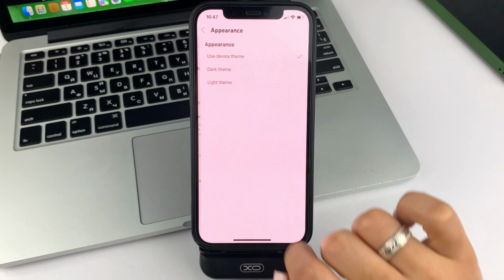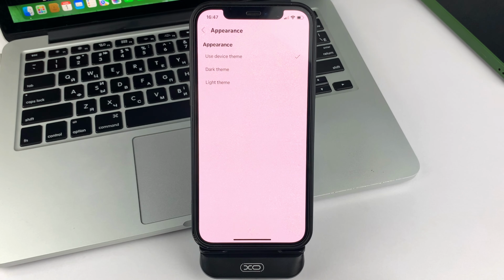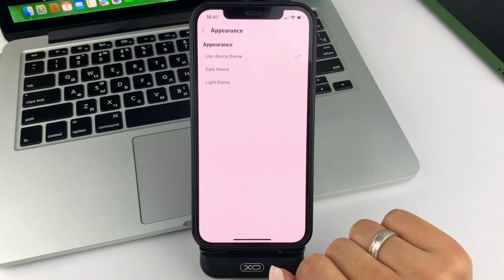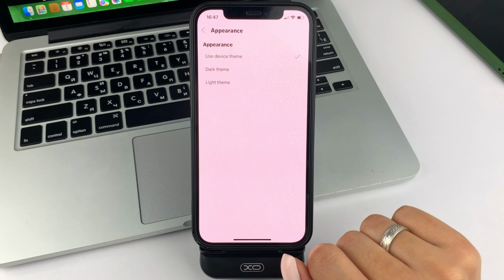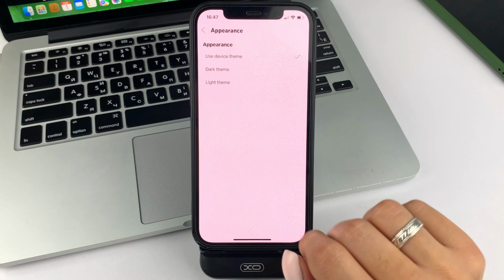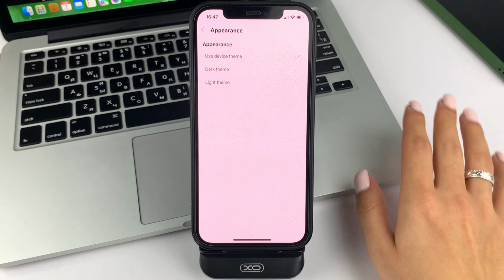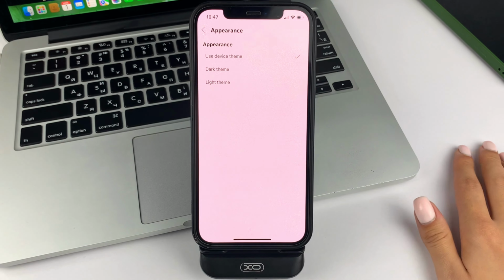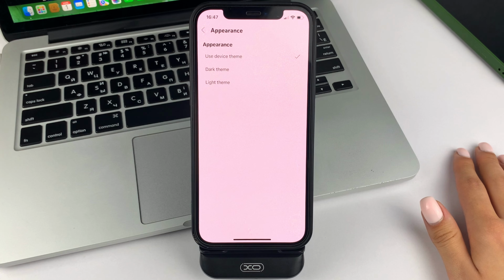Now go to this option right here, which is responsible for the modes that you're going to have on YouTube. And typically, here is the light mode enabled or the one that adjusts to your phone.